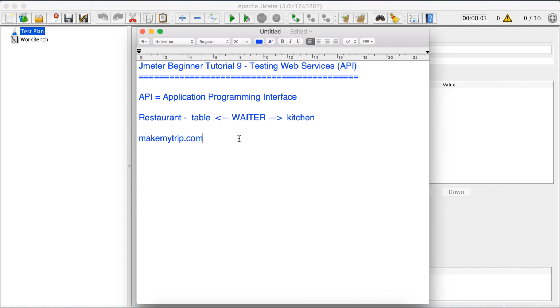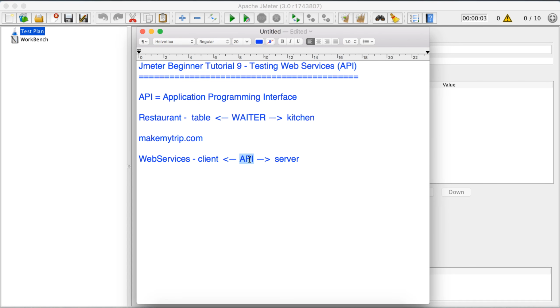So in terms of web services, there is a client and a server, and there is a person communicating between client and server, and that is what we call an API. As there was a waiter in the first example, here we have an API doing all this communication.